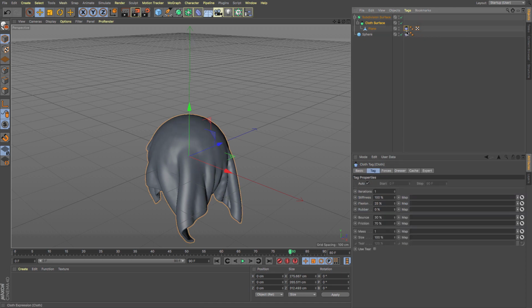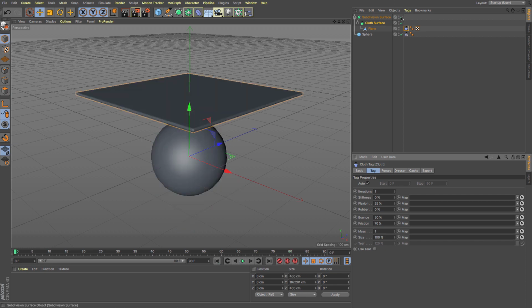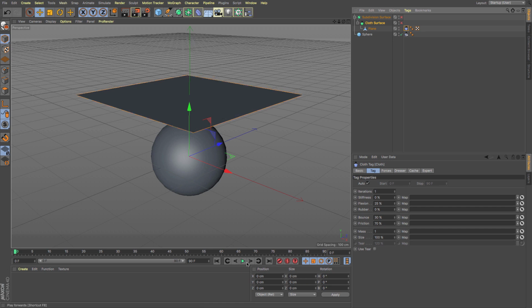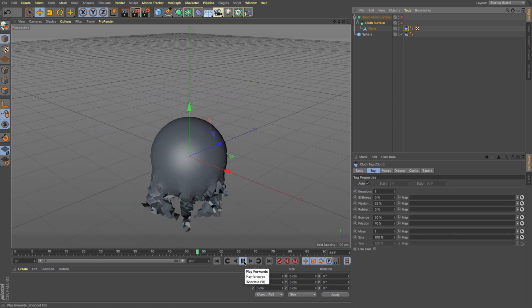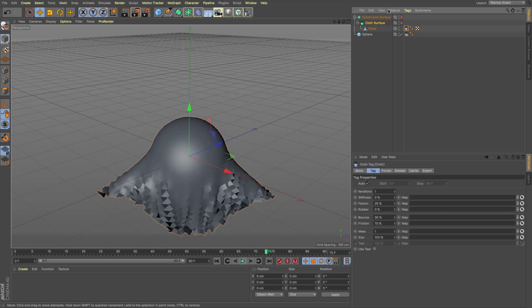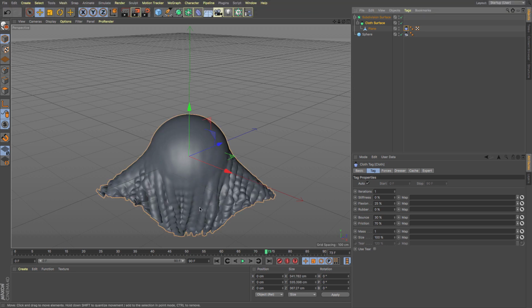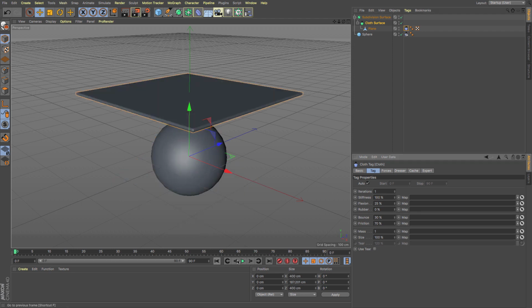There are a few options under the cloth tag here that can be a bit useful. Stiffness, for example, so I'm just going to go to the other end of the scale and put 0. I'm also going to turn off those two for the moment, just so this will work a little bit faster. You can see that it goes exceptionally crinkly, which would look much better with those two on, but you can see that 0% stiffness allows all of the individual polygons to become part of this, whereas 100% will enforce it to stay a little bit more like it was,